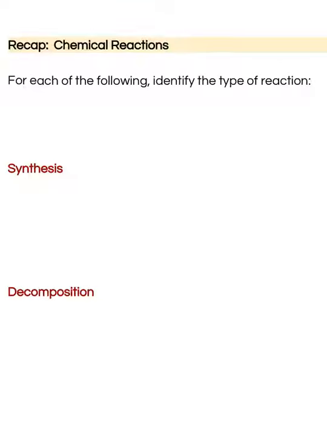All right, so for the first part of today's lesson, I want to do a quick recap about the different types of chemical reactions that we've studied in the last short time, and also predicting the products of those reactions. So before we begin, let's just do a quick overview of the classes of chemical reactions that were covered in class. So the first reaction was the synthesis reaction, and you'll remember that its general formula is A plus B,